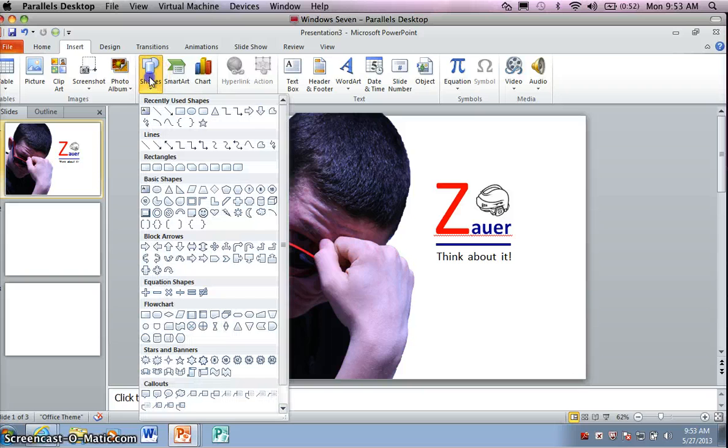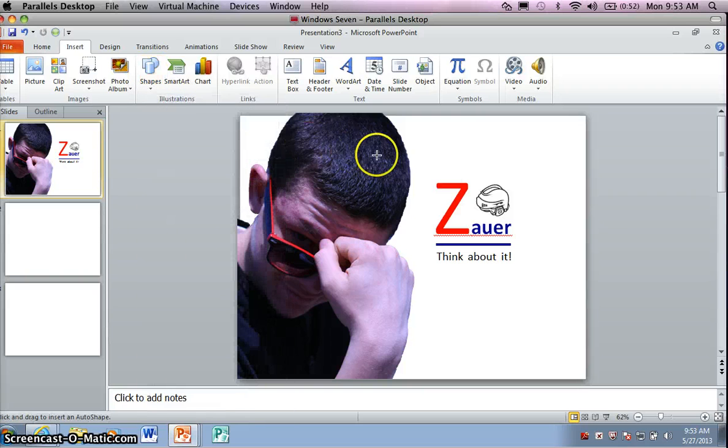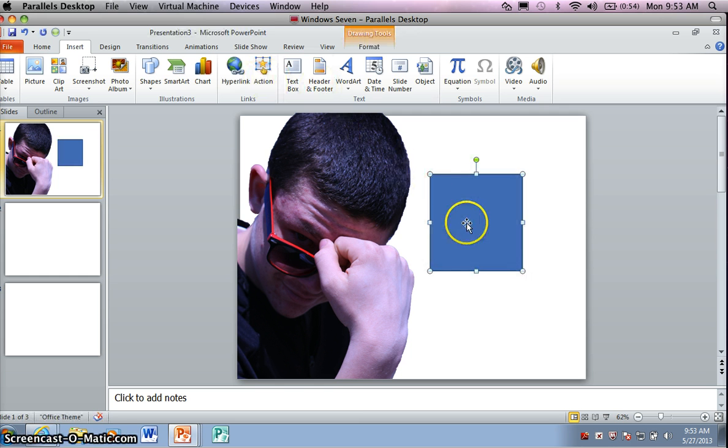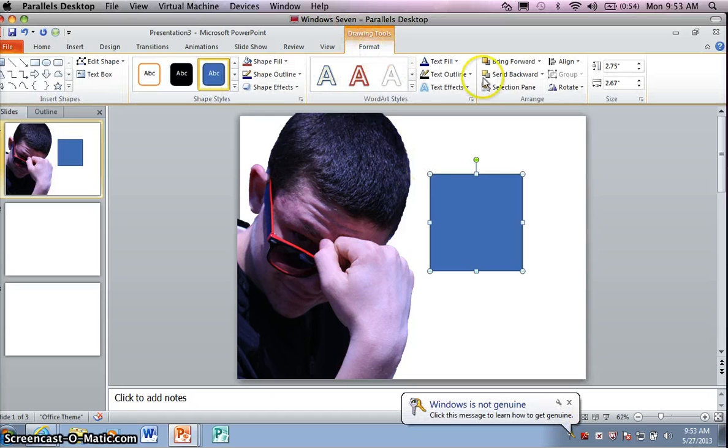I could think about boxing it, though it's kind of a lazy way to create a focal point. Let me add a shape here. I mean, when we're in a hurry, putting a box around something does make the viewer look at that area because you have a shape guiding the eyes, but sometimes that's just too easy and there's too many boxes around things, so we have to be careful about too many boxes. I'm going to send that backward,